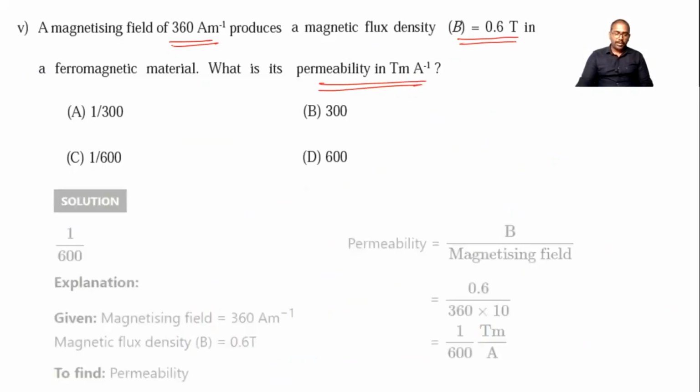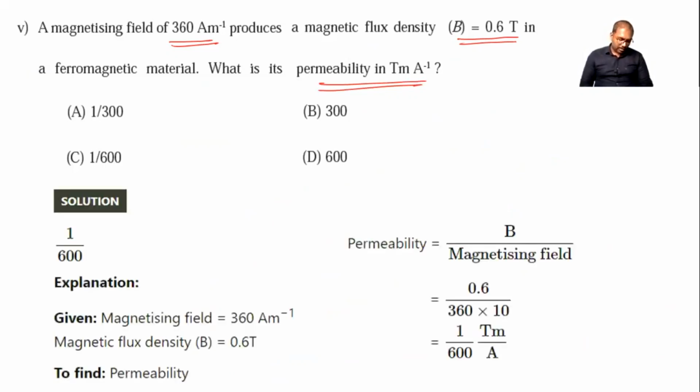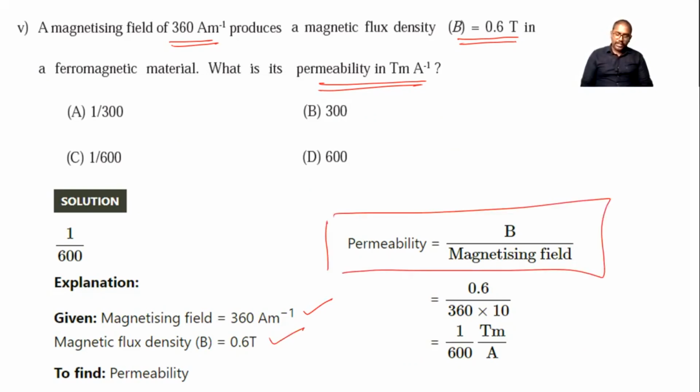We have to find out the permeability. Here the magnetizing field is given, and the magnetic flux density is 0.6. Permeability is B divided by the magnetizing field. So B is 0.6 and the magnetizing field is 360 ampere per meter. By solving this,